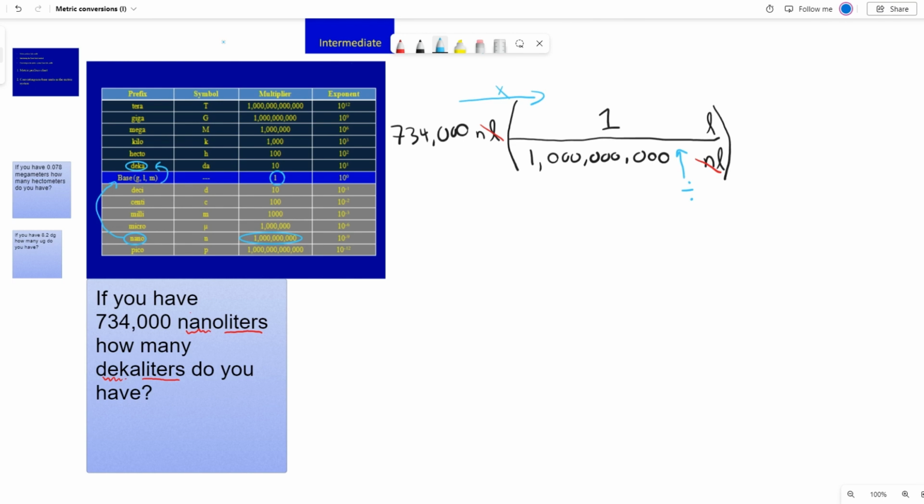If you're typing those numbers into your calculator, you can see that it is very easy to miss hitting the button once, and it's going to give you the wrong answer because you have to type in so many zeros. But if we do this, we're going to get 0.000734. And again, if you wanted to write this in scientific notation,